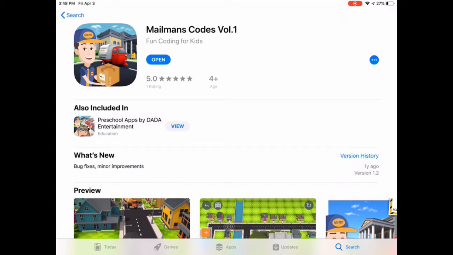And if that's the case, then I encourage you to just spend a little time for tech class today using the app from last tech class, that was 2 weeks ago, which was the Lightbot Junior app. So if you would like to do that one instead anyway, you're welcome to, but especially that should be a good option if you don't have an iPad or iPhone to download this new one on. But if you're able to download Mailman's Codes Volume 1 on an iPad or an iPhone, let me show you